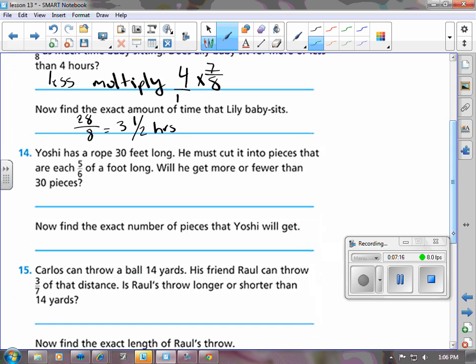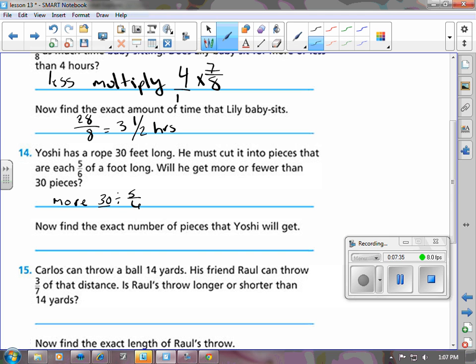Yoshi has a rope that is 30 feet long. He has to cut it into pieces that are 5/8. Will he get more or fewer? Well, he's going to get more pieces, right? If you take this whole and you're cutting it up into individual pieces, you're going to get more. You're going to divide. So we're going to take 30 divided by